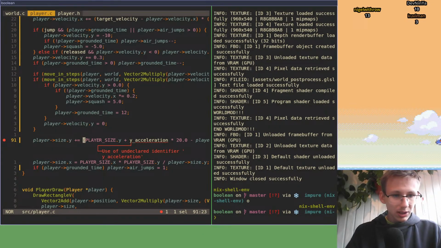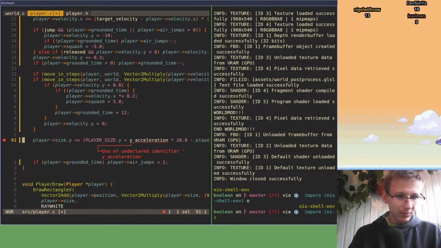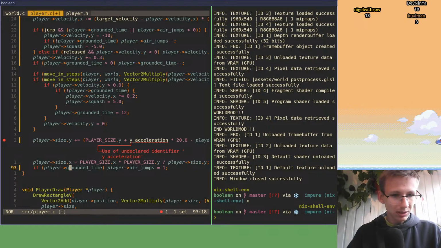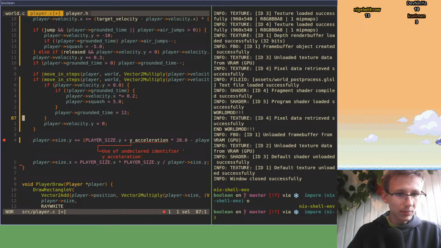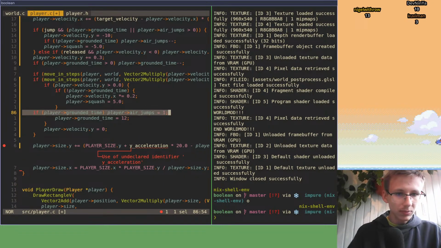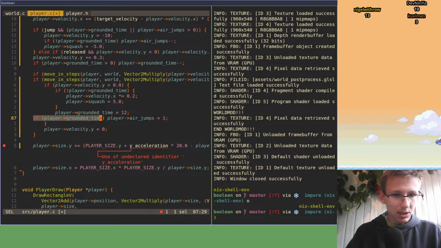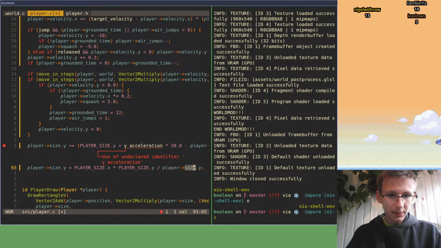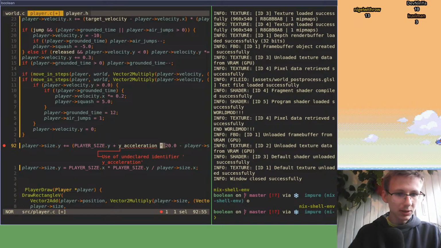Now if I swap them, well, actually, if I do this X, oh, also grounded time set, air jump set. So I'm gonna make Y using compute, and let's do X plus player